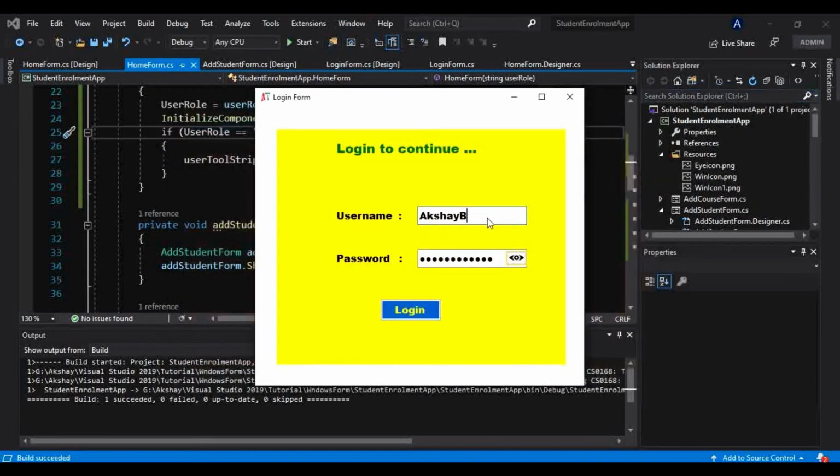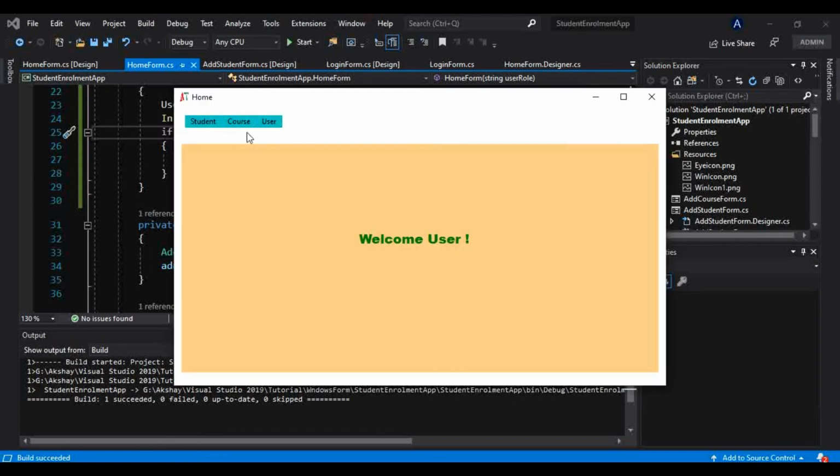Okay, so we will check all these conditions. So here it should be 3. Okay, so let me log in. Okay, so this tab is visible for this Akshay B3 as well, because that is nothing but also admin. Now what we want